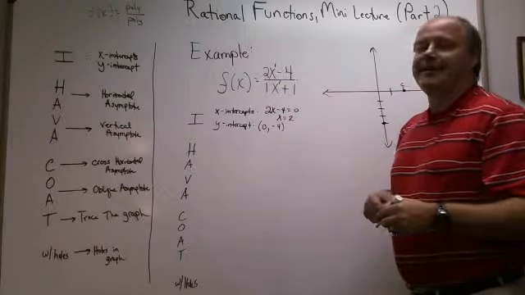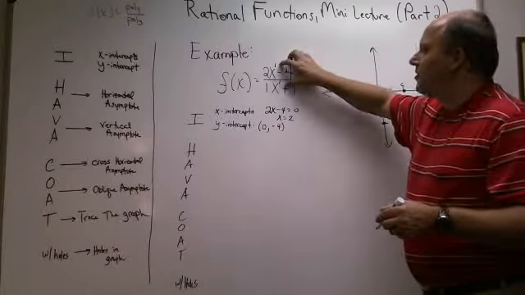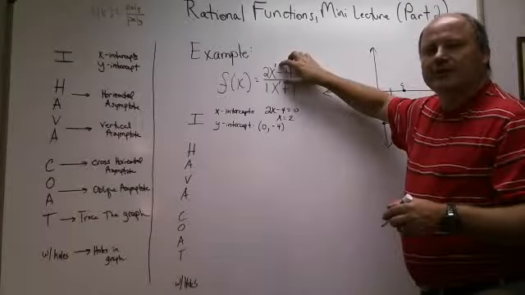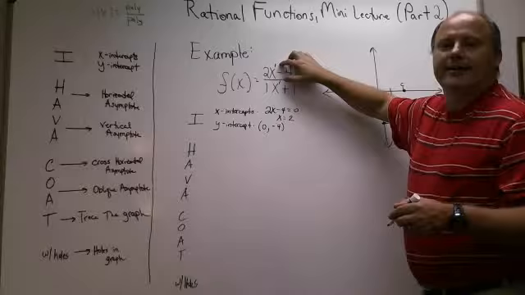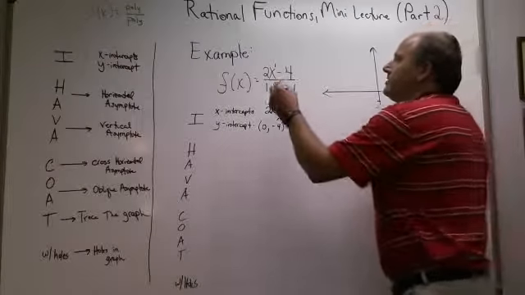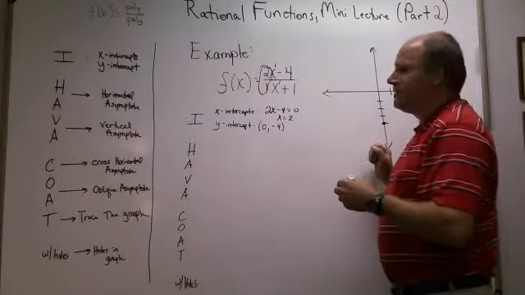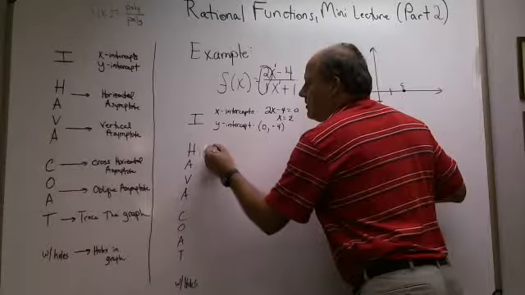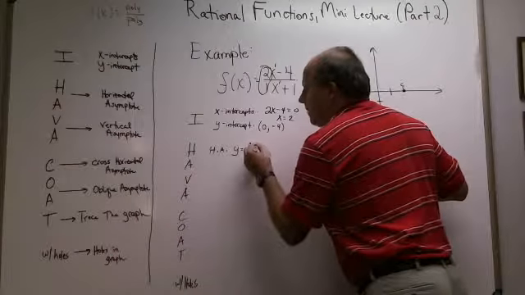Now one thing I didn't tell you is how you really figure this out. Well, when the degrees are the same, the horizontal asymptote is the quotient of the leading coefficients. So the leading coefficients are 2 and 1. So the horizontal asymptote is just the quotient of those two numbers, 2 divided by 1,